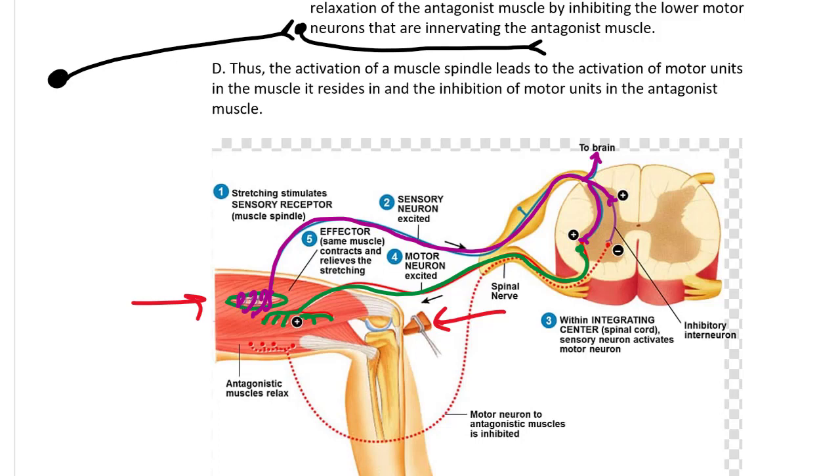The sensory neuron is also synapsing with an inhibitory interneuron. And here is that inhibitory interneuron. Here's the head of it. And here's the axon. And this thing is synapsing with the alpha motor neuron that is synapsing with the antagonist muscle. So the excitatory signal from the sensory neuron will activate the inhibitory interneuron, and the inhibitory interneuron